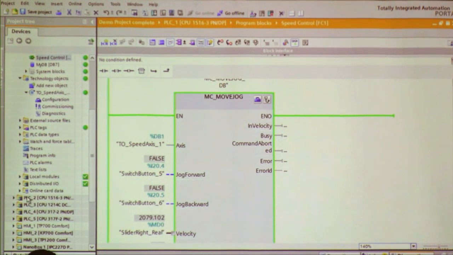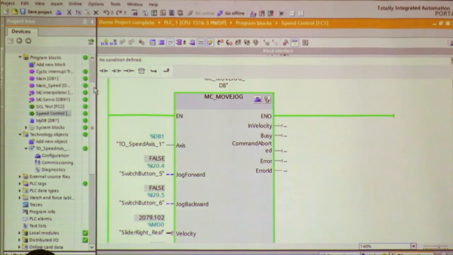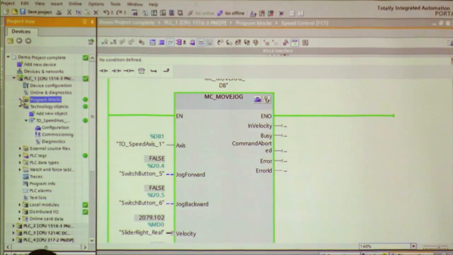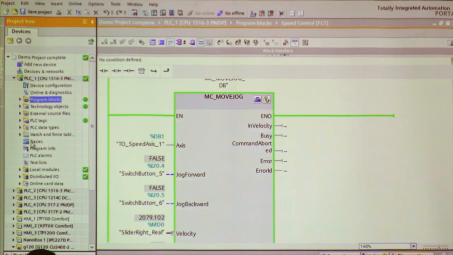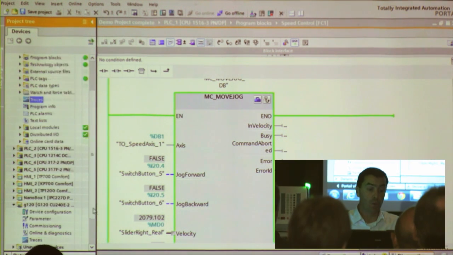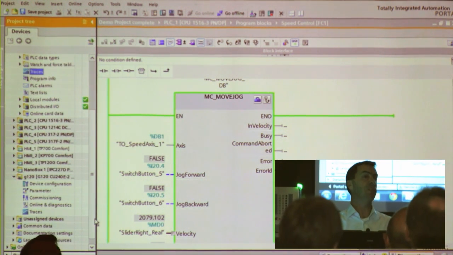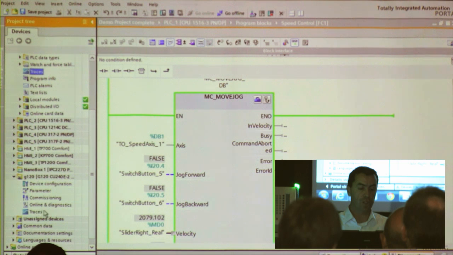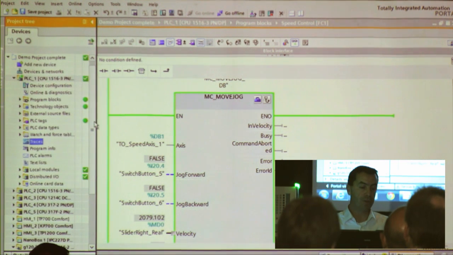All right, just so you know, what's new in V12 is a new trace editor here. You see it inside the PLC. This trace editor is also inside the drive editor as well. So if you're only working with G120 drives, and that's all you have in your project, you also have this trace feature. It's the same editor, we just have it in both places. So if I open this up,